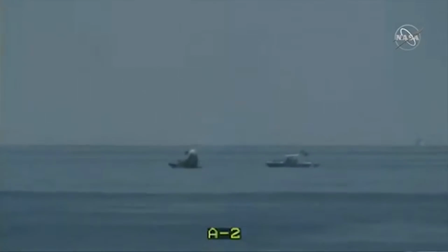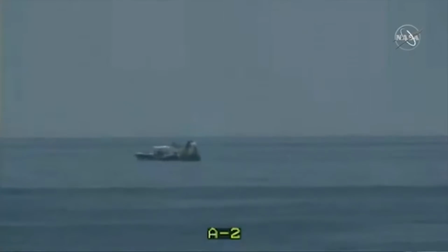There on the right-hand side of your screen, we see the second fast boat approaching. Of course, both of these boats needed to wait for their cue from the water recovery lead in order to approach Dragon after splashdown. Again, that was just to make sure that there weren't any toxic vapors in the air. And now that they got the all clear, we do see them beginning to work on and around the Dragon